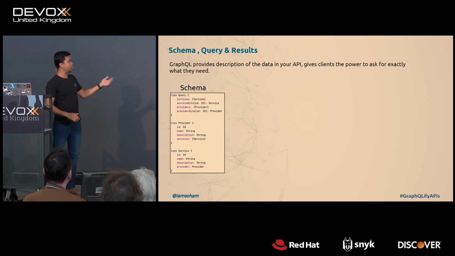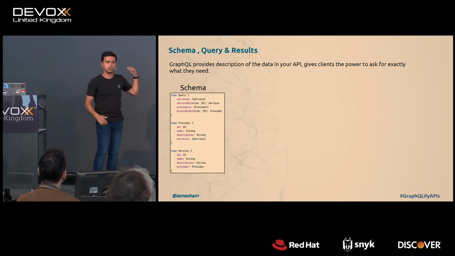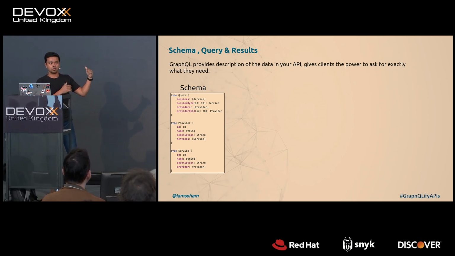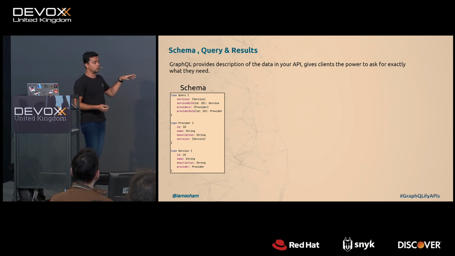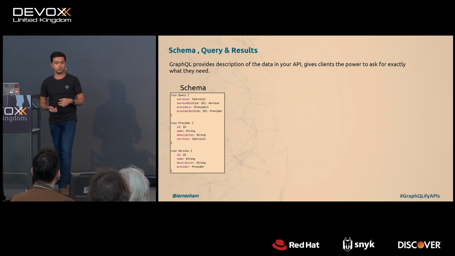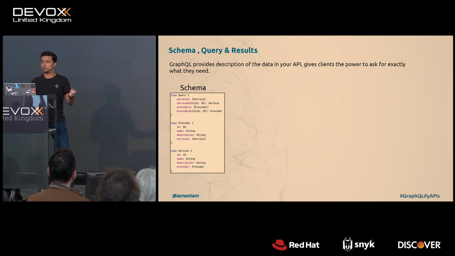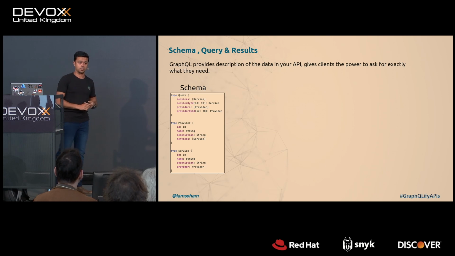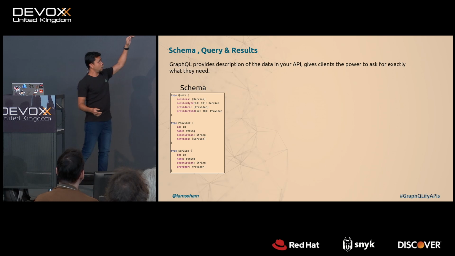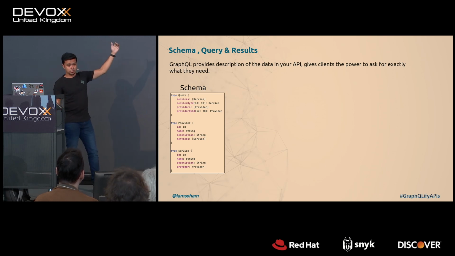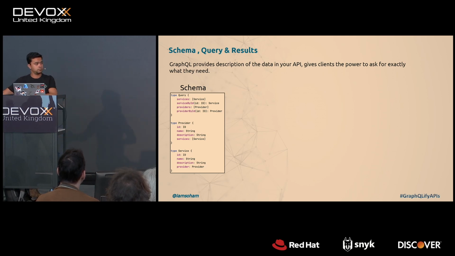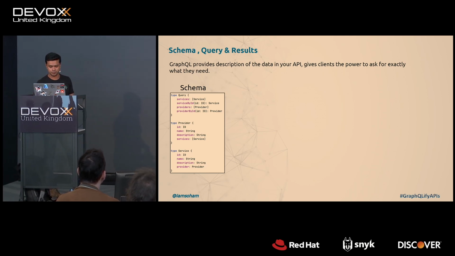And in that schema, you also define what your entities are. Just like in OpenAPI, you also define your entities and how your response or request will look. Here also you define it, but it's much more concise. So you can actually one-on-one map it to your JPA entity structure as well. For this example, we had providers and services, and every provider has an array of services, and a service also has a link to a provider. So it's similar to your data structure mapped there.